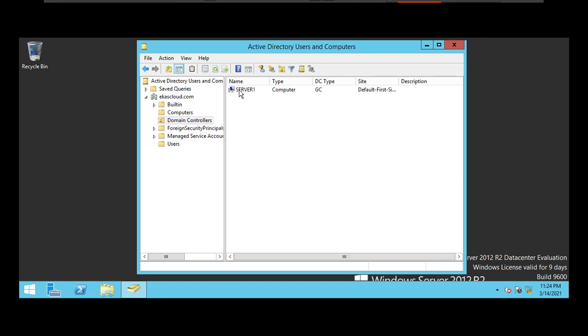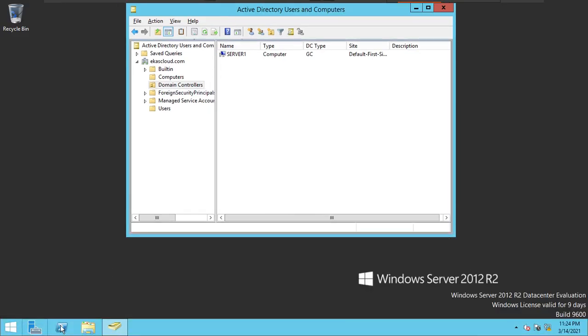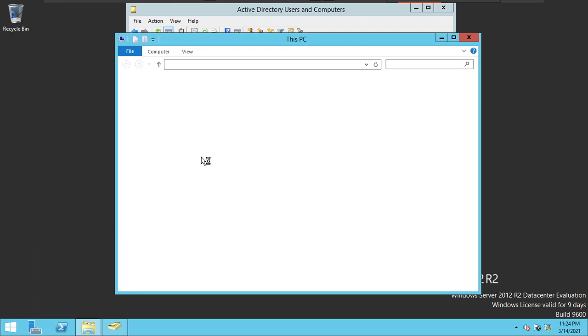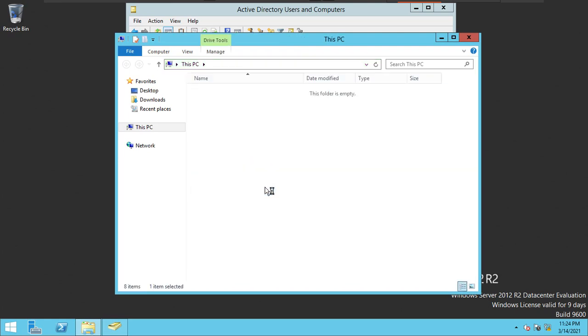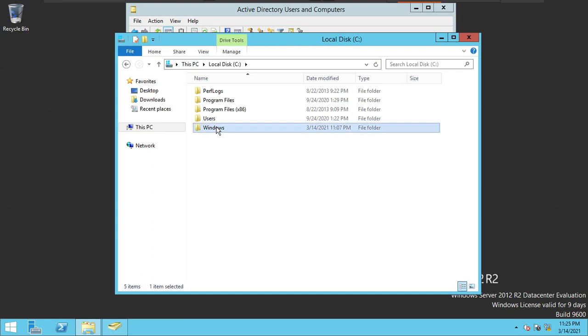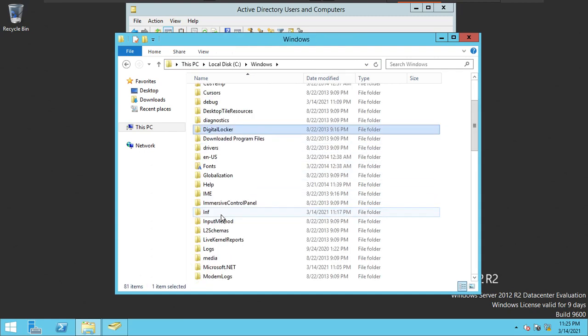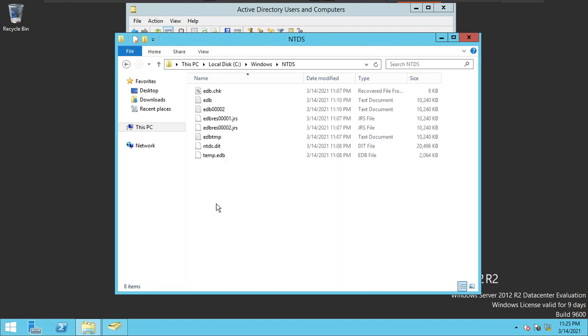We have domain controller server 1, and we don't have any computer. What I wanted to show you here is, I just wanted to go to this file explorer. In that we go to C partition. In that C partition, you see one Windows folder. In that you find NTDS folder. In NTDS folder, this is a file which we are talking about,